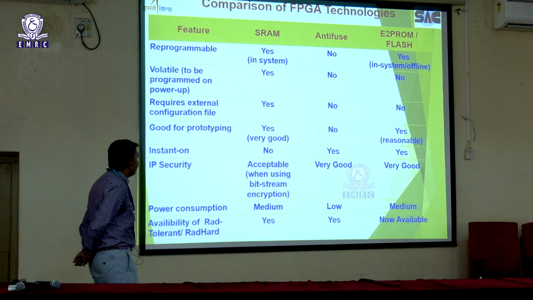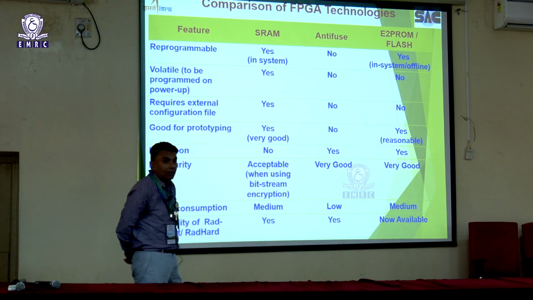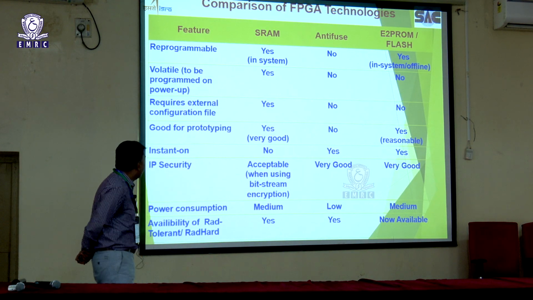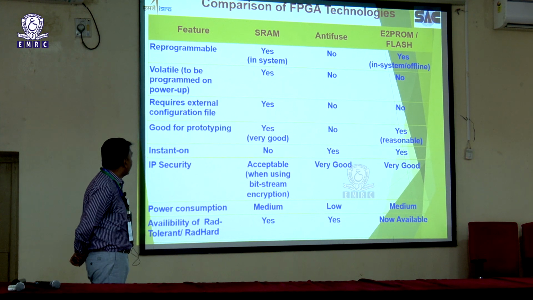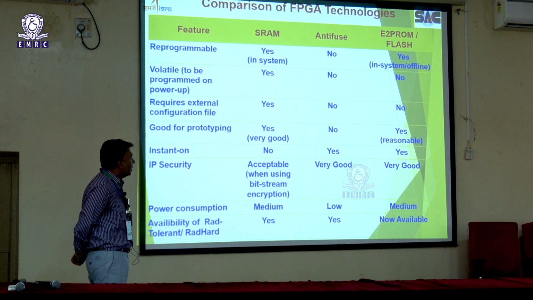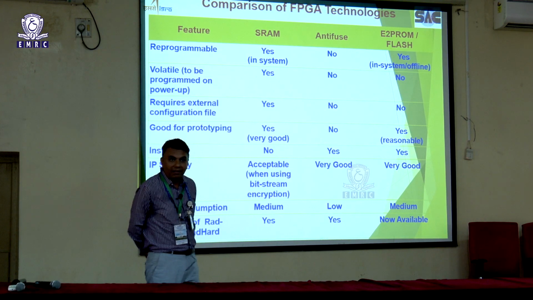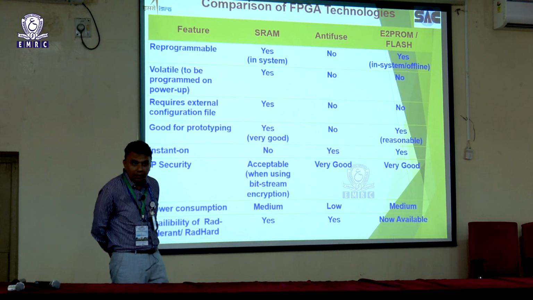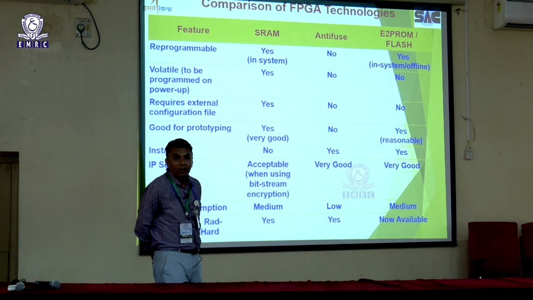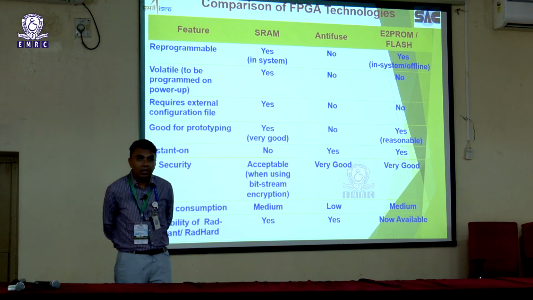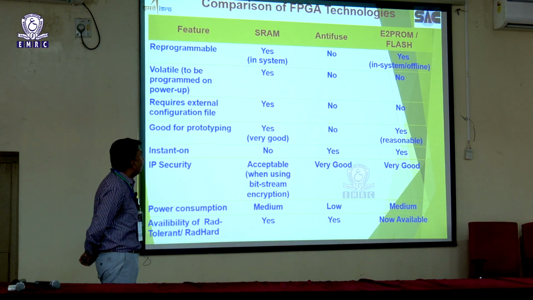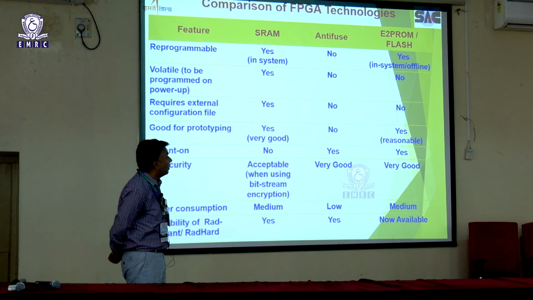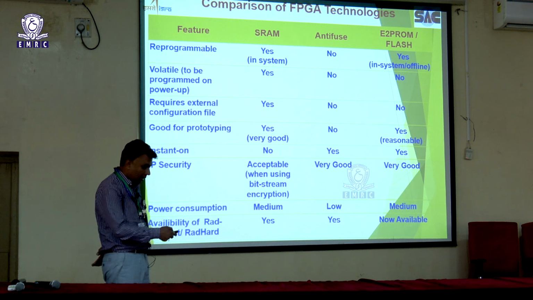As I mentioned, reprogrammability is the good part of SRAM and flash based. Anti-fuse doesn't have reprogrammability capability, but there are other options like external configuration file, instant on, and IP security. Each has some pros and cons, some have them, some don't. Based on our project requirements, like Chandrayaan 4 type of mission or Chandrayaan 3 missions, we have gone with anti-fuse technology, where reliability is the most important aspect, and we cannot afford any failure. But for some applications where we require more DSP blocks, we go with SRAM based technology, so we have to go with Virtex 5 or some other devices.